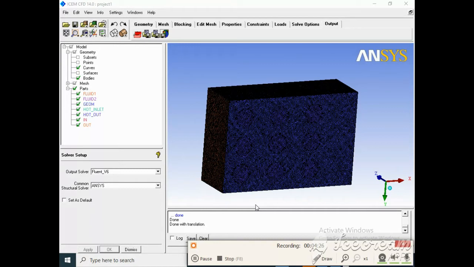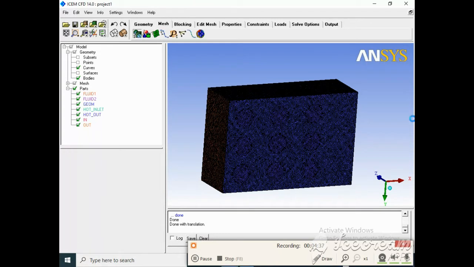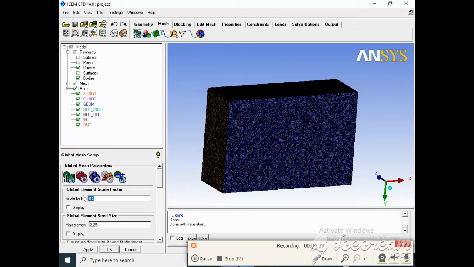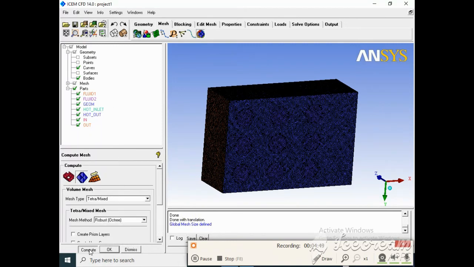Now we can see we got the message done with translation. It means it is successfully written. Then go for another, the third type. So we will say 1.5, apply, compute.